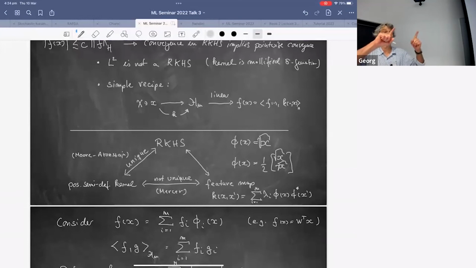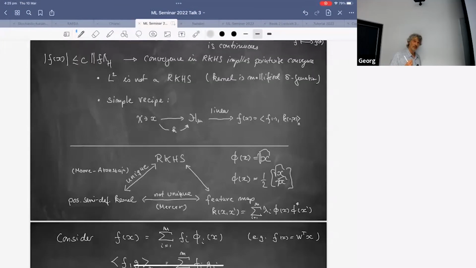You can get different feature maps. You can get the same kernel. Okay, because of the inner product that you have, right? It's the same reason why the norm of a vector is